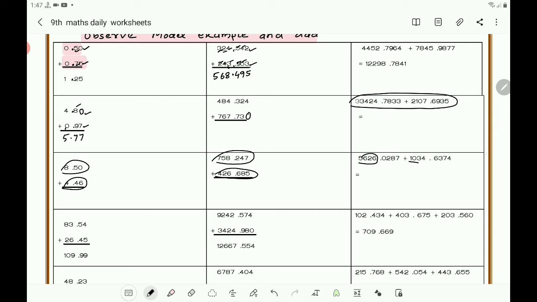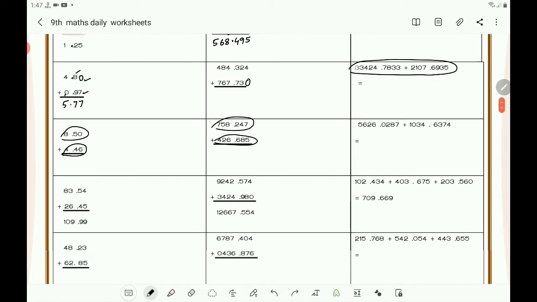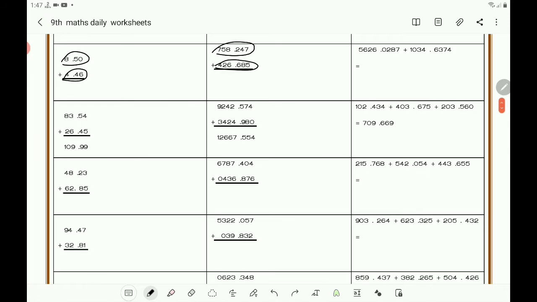That is 5,626.0287 plus 1,034.6374. Then you take 83.54 plus 26.45. Then 9,242.574 plus 3,424.980. Here the sum is